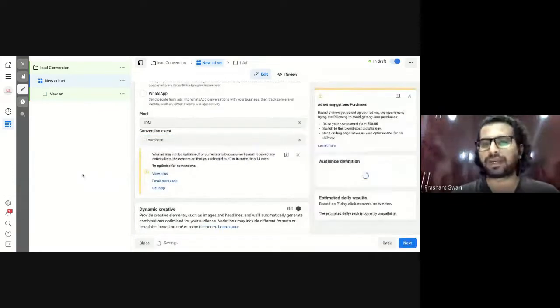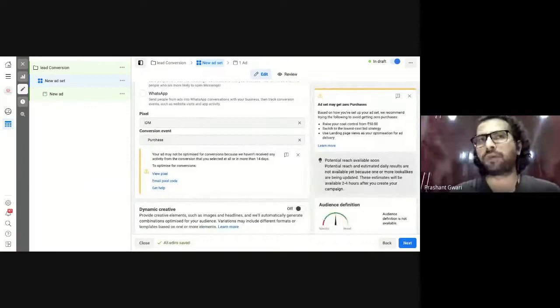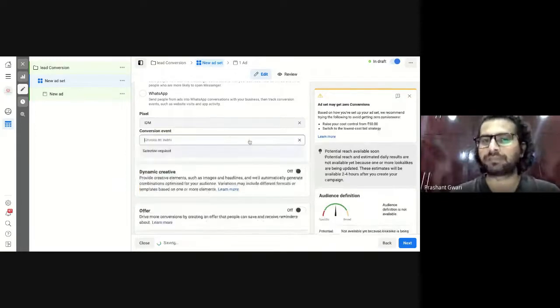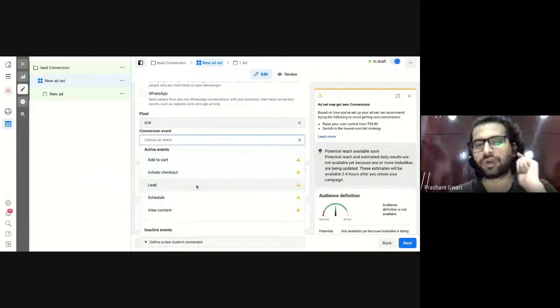So now what will happen? If someone visits your e-commerce website, provides their payment info, clicks the buy now button, and receives a confirmation page, Facebook will count it as a conversion and you will receive one conversion on your dashboard if one person bought a product from your advertisement. So here you have to decide what kind of event you want to set up on your advertisement when you are using Facebook Pixel for conversion based marketing. As I told you, we are using it for lead generation because it's not an e-commerce website. So I am going with the lead one.